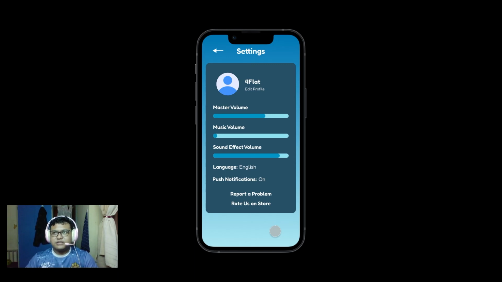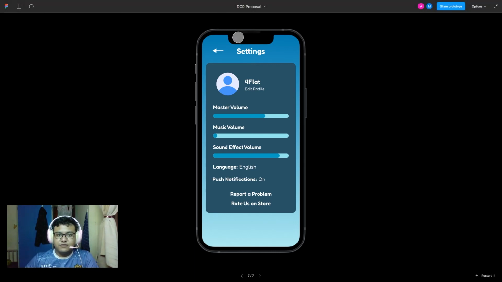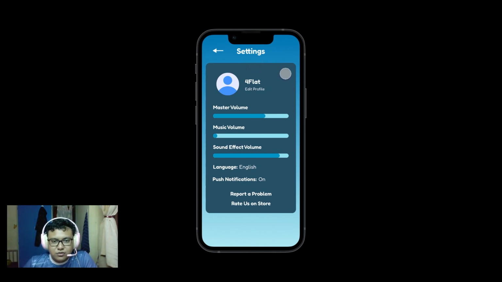It is a simple setting page where the user can tweak some settings like account, volume levels, and also send a report to the developer, and give ratings to the developer in order to give feedback to them. For the layout, at the top part we have the account